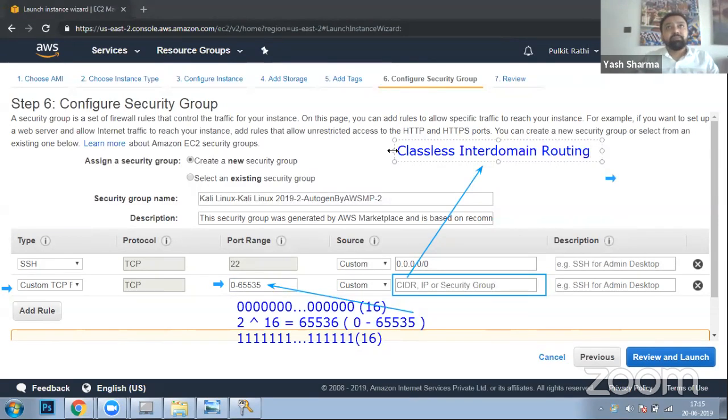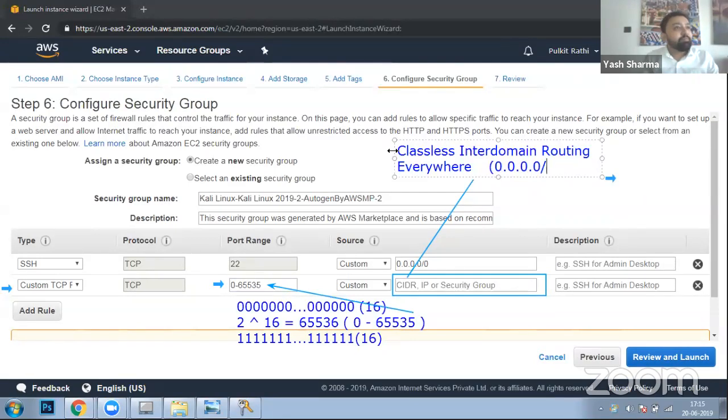Within this, we have to define a value for everywhere. We would like to get the incoming connections from everywhere in the world. Anybody in the world can connect to my server. So for everywhere, we define it with 0.0.0.0. This means all the IP addresses are allowed to connect to our server